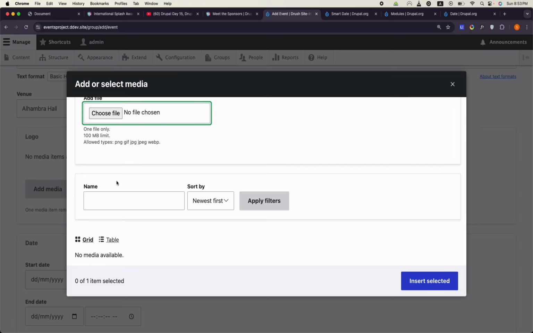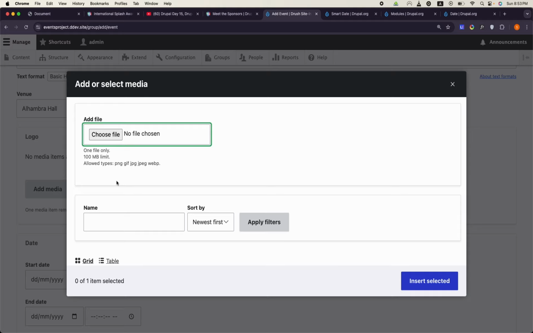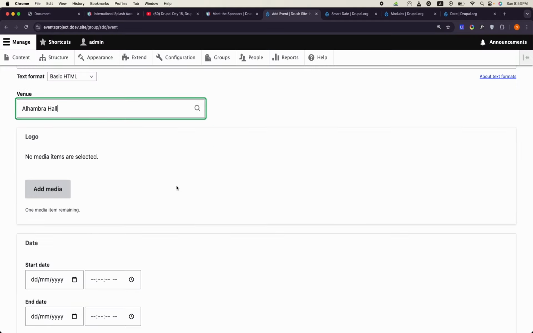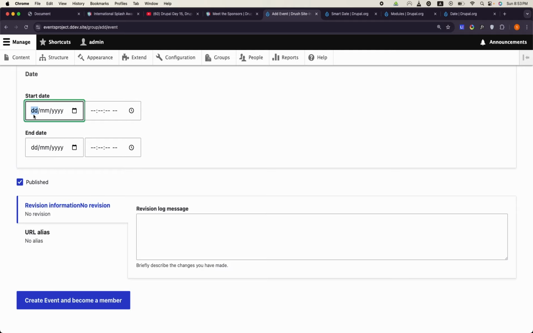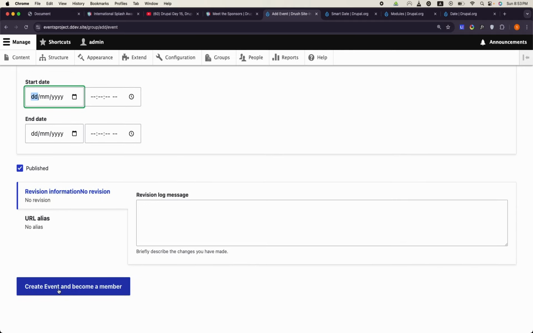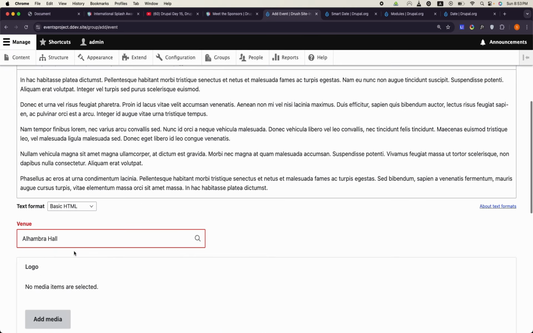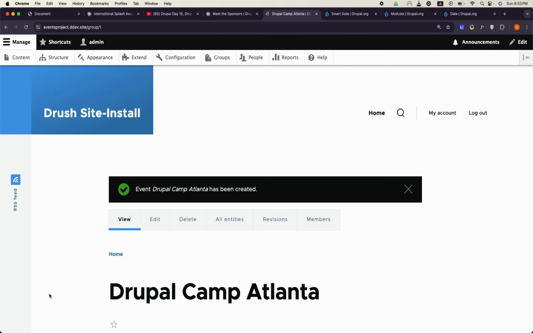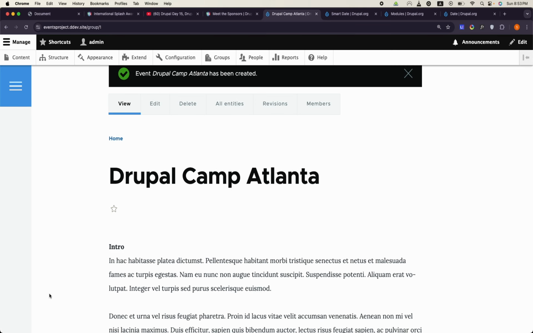Add media, maybe some logo we need to have. For now I don't need any logo, we'll leave it as it is, and even the date now, because I'm going to try something for you, so even the venue is not needed, and create event. So this is the group now, which is Drupal Camp Atlanta,